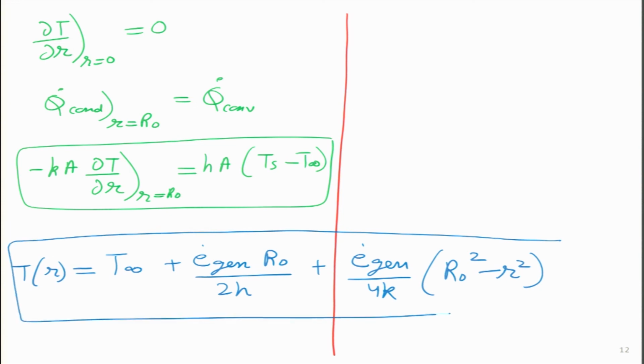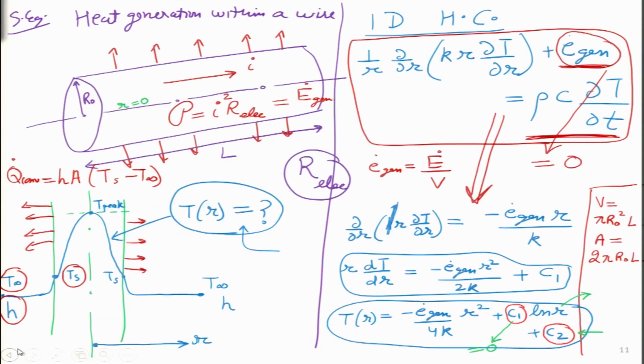I would encourage the audience members to do some of the missing steps in between and try to figure out whether they are able to obtain this final equation. And believe me, it is very simple and straightforward, because we are just solving an ordinary differential equation. We just have to integrate it a couple of times and apply boundary conditions. I am very confident you will be able to do it yourself.